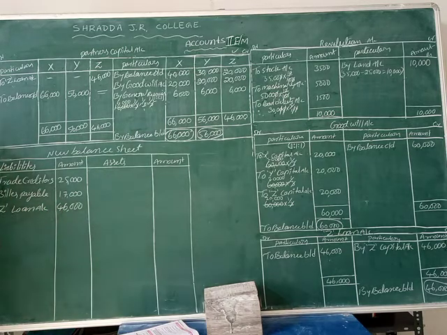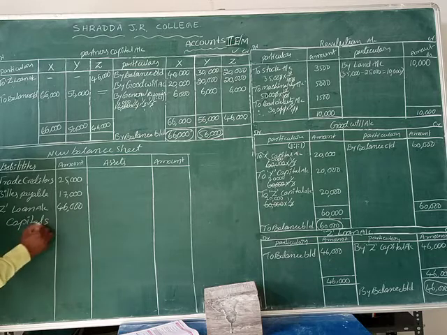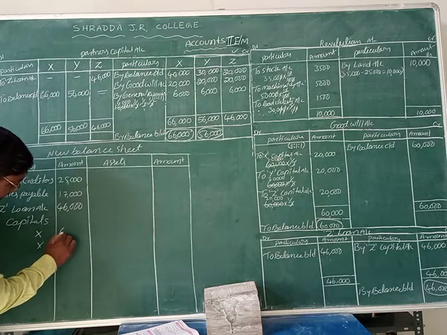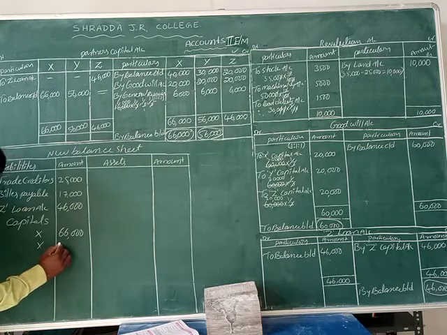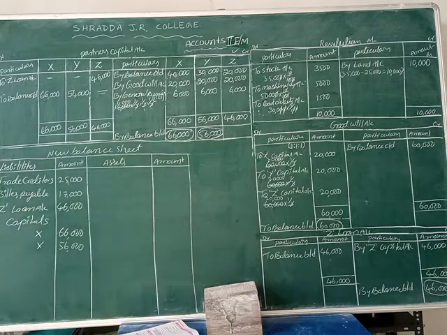Okay, now how many partners remain? The business has 2 partners now. For those partners we can write capitals. Okay, now Mr. X and Y. What is the X value? 66,000 rupees and the Y value is 56,000 rupees. Only two partners are there. For the two partners we can write capital amounts: X has 66,000 and Y has also 56,000 rupees. Okay, now friends.